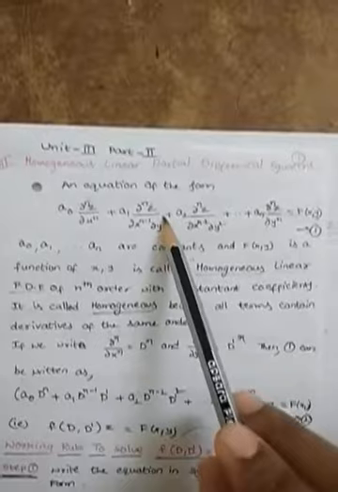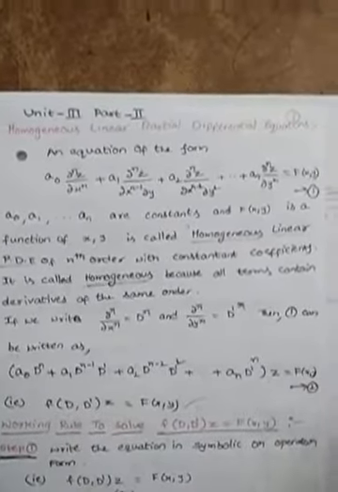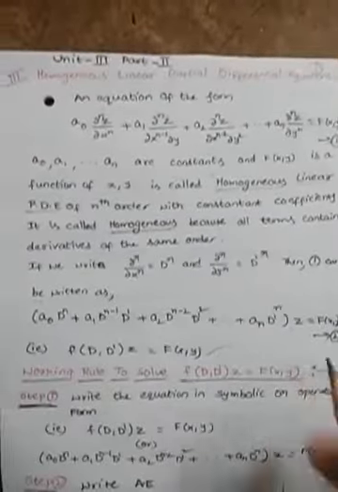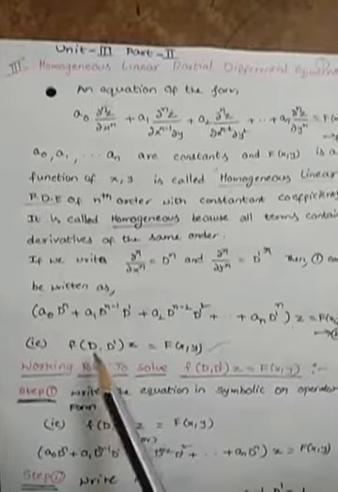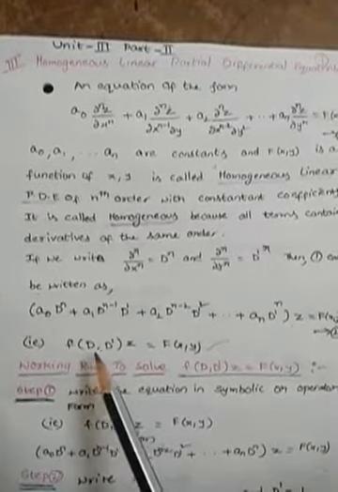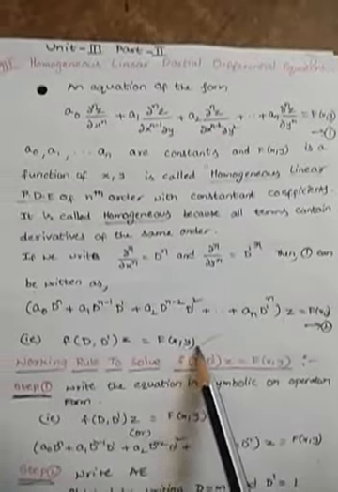Here we can convert this equation into operator form. To get operator form we have to use the operators D and D prime. D means dou by dou x and D dash means dou by dou y. Using these operators the equation converts to f of D, D dash of z equal to f of x, y, where z is the dependent variable and the function is in terms of D and D prime. So these are partial derivatives with respect to x and y respectively, and the right hand side of the equation is a function of x, y.